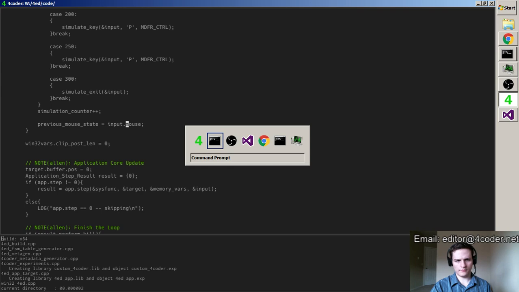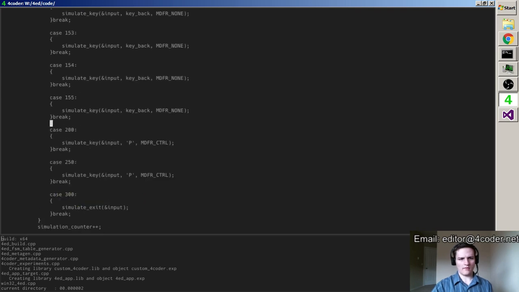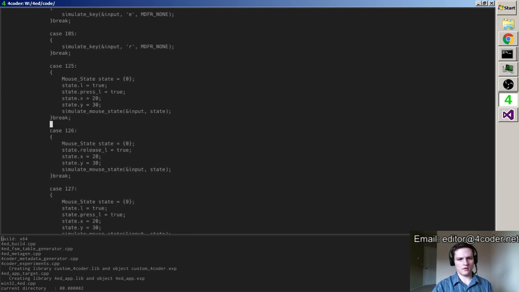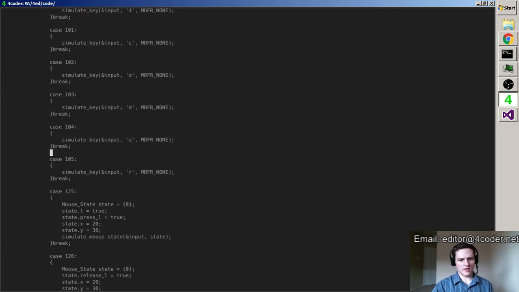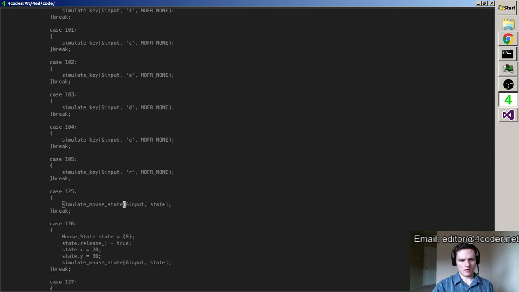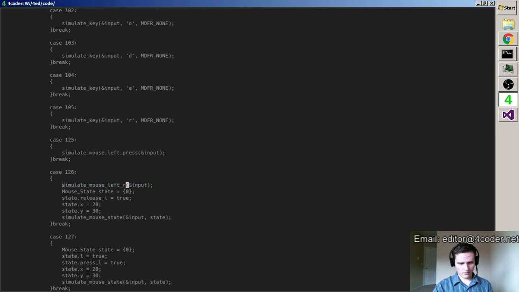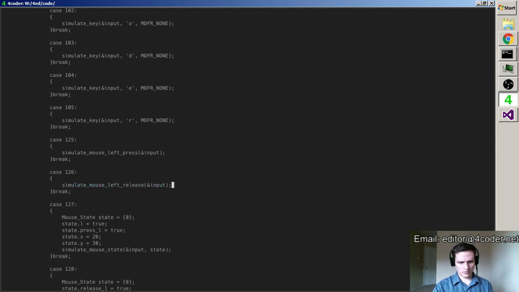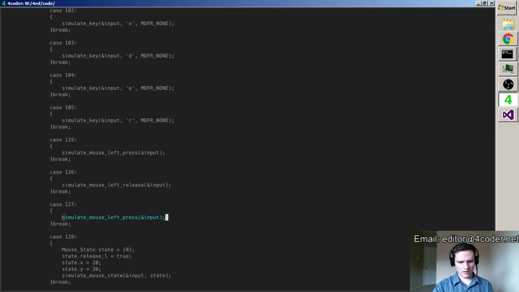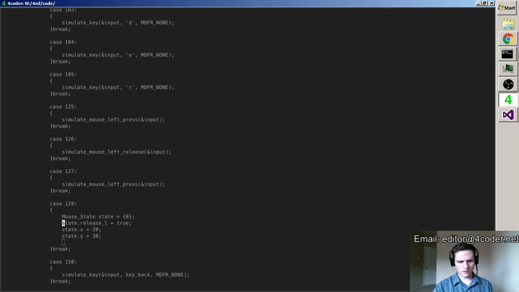Okay. So if I have that set up correctly, then instead of all this work here, I should be able to set the X, Y once, and then mouse left press, left release, and then left press again, and left release again.